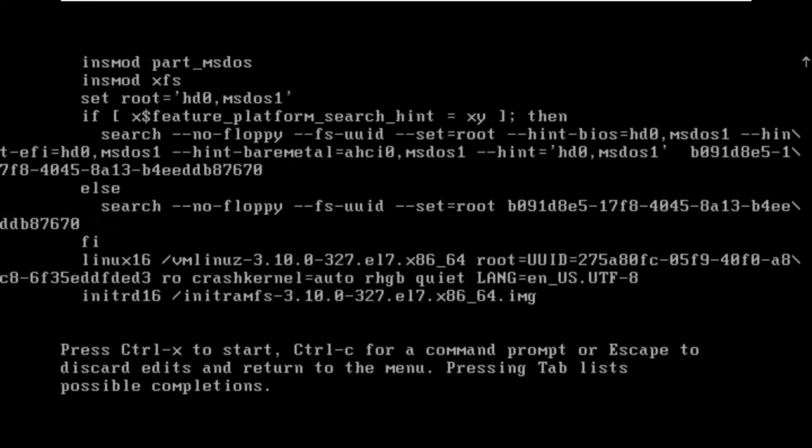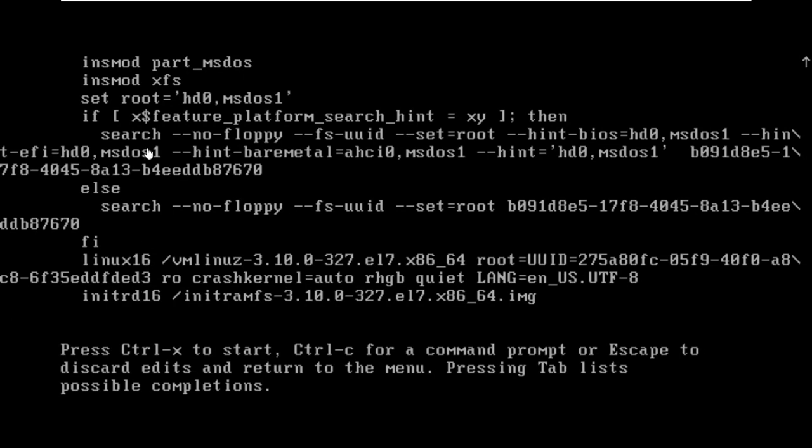So if you are having some problem loading the kernel, then you can see these parameters and modify them. And when you modify these parameters, you can start the kernel with the modified parameters by using Control X. So whatever you change here, you can start the kernel with those changes by pressing Control X. But remember, the changes you do here are not permanent. They will be temporary changes for the current boot. Next time when you restart your system, it will not have those changes. Control C is for the command prompt again, and Escape is to return to the main menu.